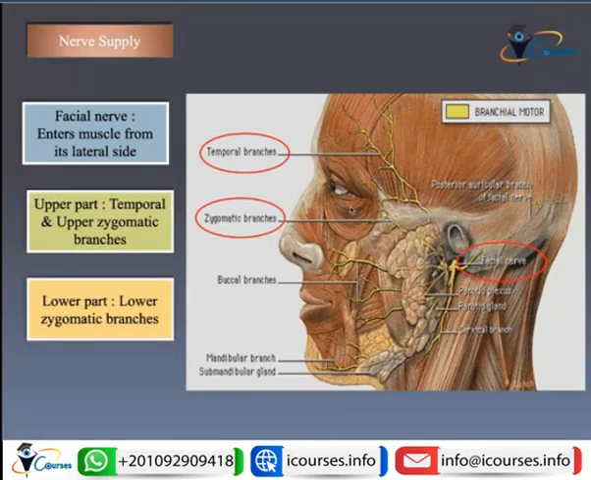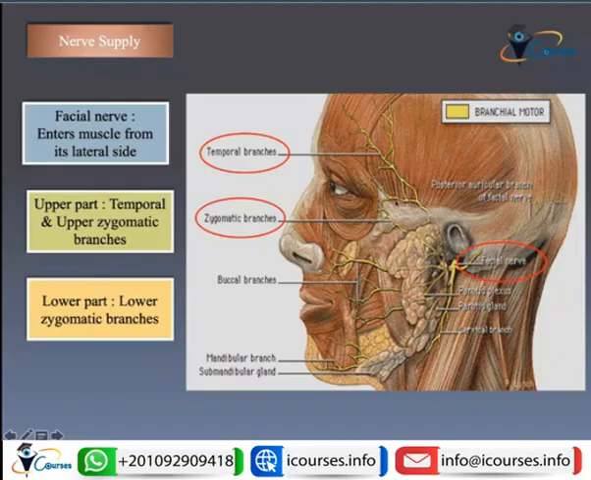Then after we know the parts and relations of different parts of the orbicularis oculi, here we come to the nerve supply. The orbicularis oculi is supplied by the facial nerve. As we know, the facial nerve enters the parotid gland, and then emerges from the parotid gland with its terminal branches. So we have 5 terminal branches of the facial nerve: the temporal, the zygomatic, the buccal, the mandibular,